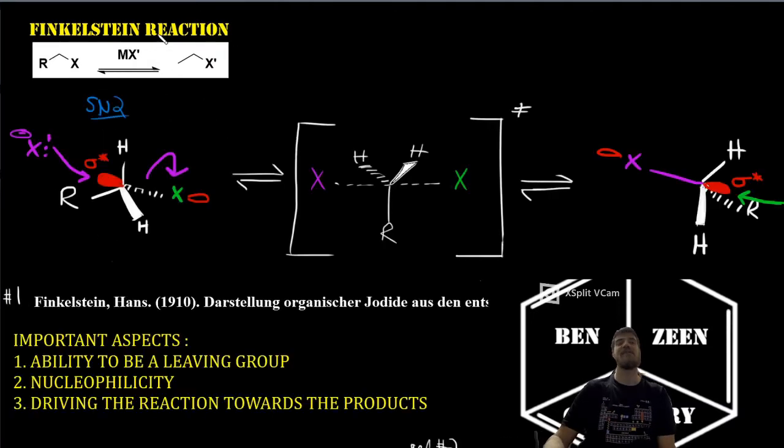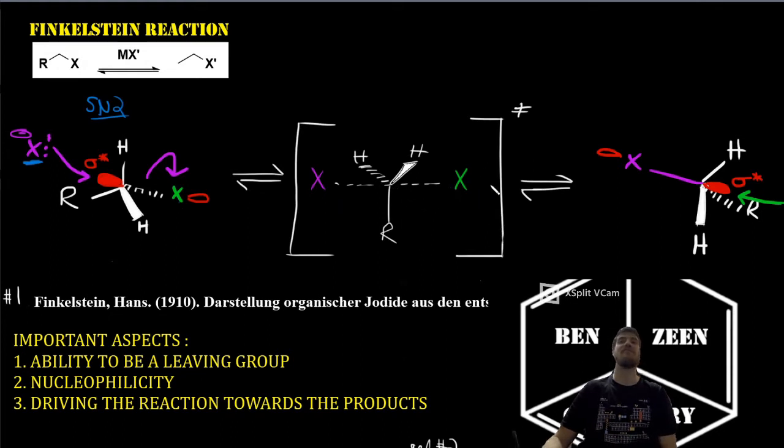So when you have an SN2 reaction, you have your nucleophile that attacks a carbon that has a leaving group on it. In this case, the leaving group and your nucleophile are both halogens. So the halogen that you want to implant on your molecule, in this case the pink one, would attack on your sigma anti-bonding orbital, and it would eject your other halogen as your leaving group, and it passes via this intermediate state where this bond is being formed and this bond is being broken. So you form the one in pink and you break the one between the carbon and